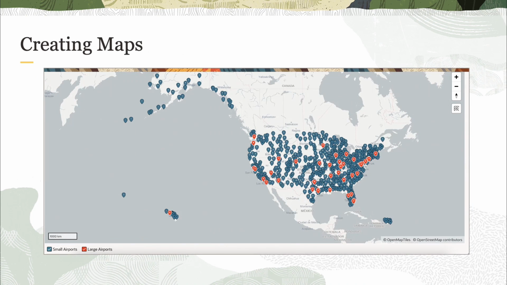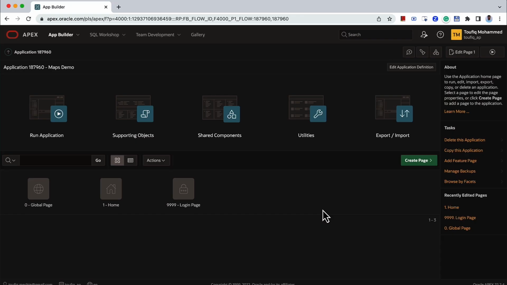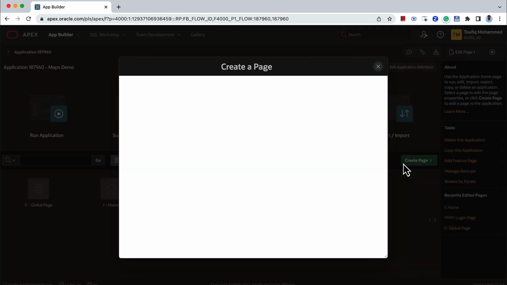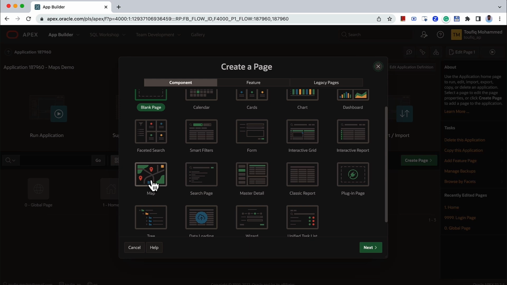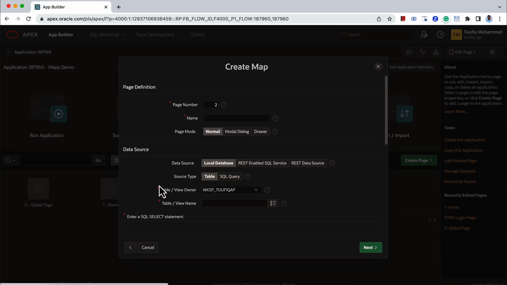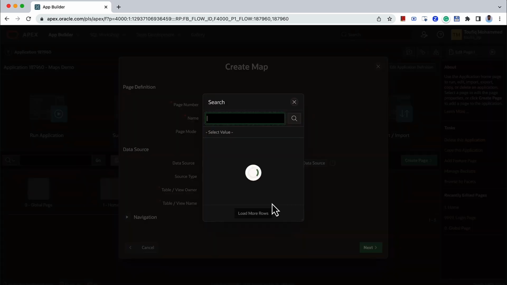Let us see how to create a map which shows small airports and large airports located in the United States. Let us see how to create a maps region in Apex. I'm in this application called Maps Demo, and I'm going to go to Create Page Wizard. Here, I get an option to choose map as the component that I want to create. I can provide a name. For the table, I'm going to select the sample map airport table